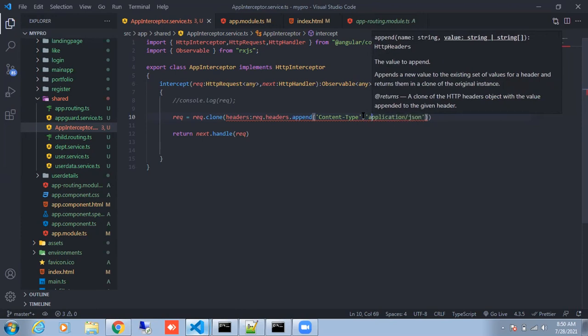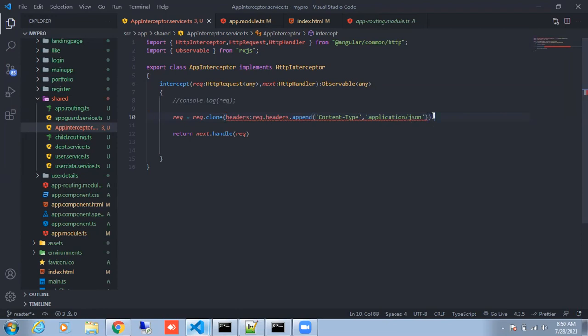And after the request.clone, start the curly braces between the two round brackets. No, after the clone, round brackets, before the headers keyword put curly braces.